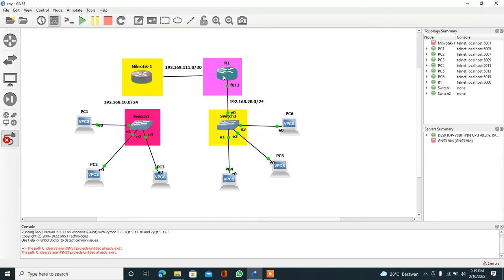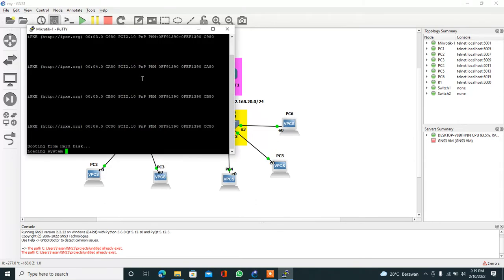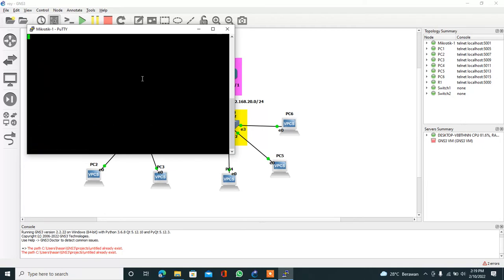Ether2 and ether3. Start and double click. Maybe we are waiting for a minute for the MikroTik router to open.